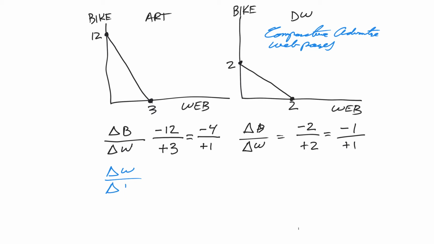So let's do it for Arthur first. If we're producing 3 web pages and 0 bike repair,